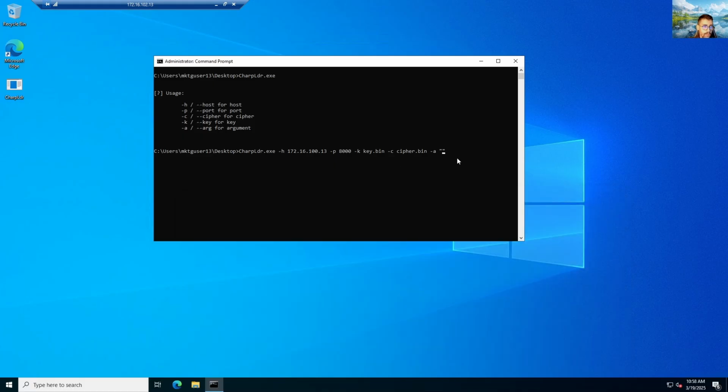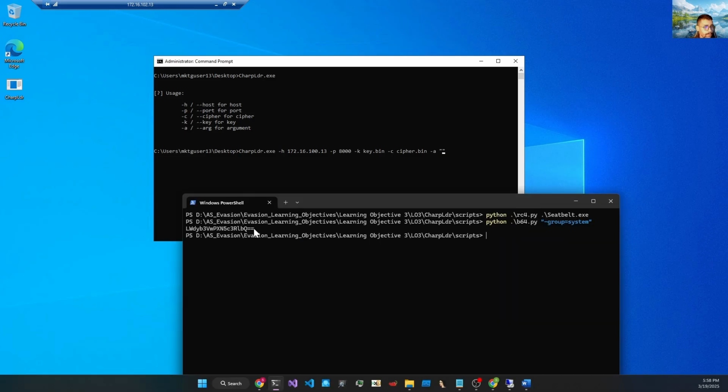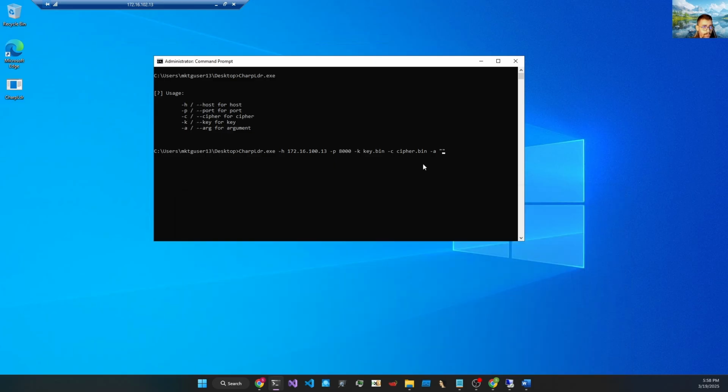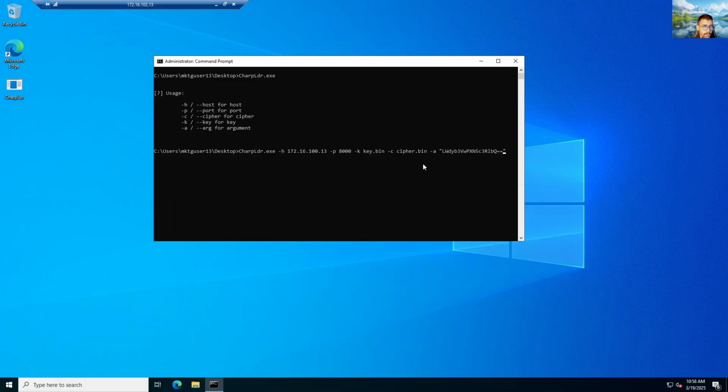All right, now let's copy the argument and run the tool. So it passed the argument successfully, and it's retrieving